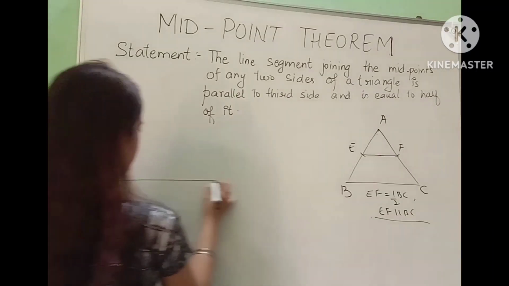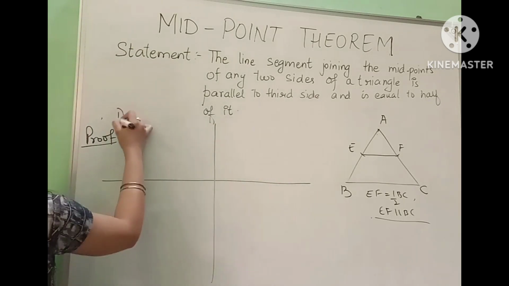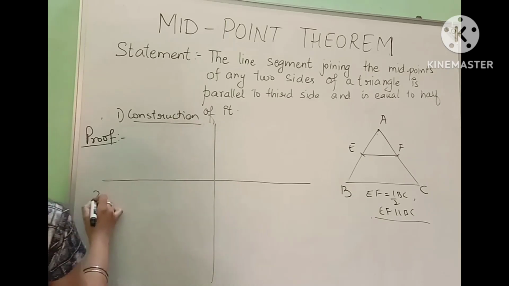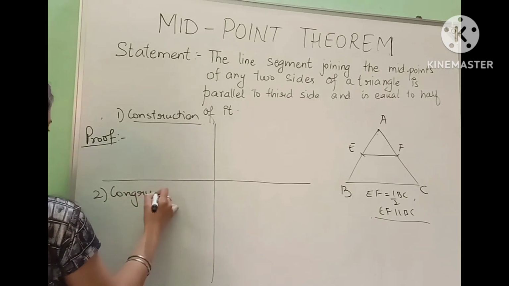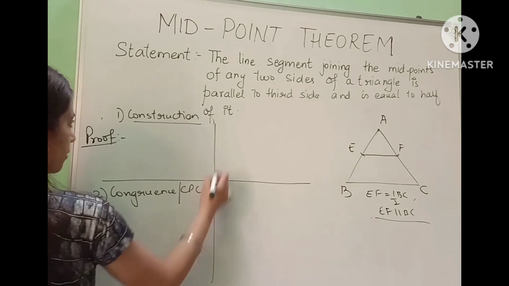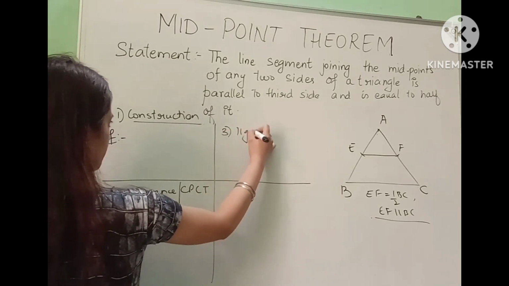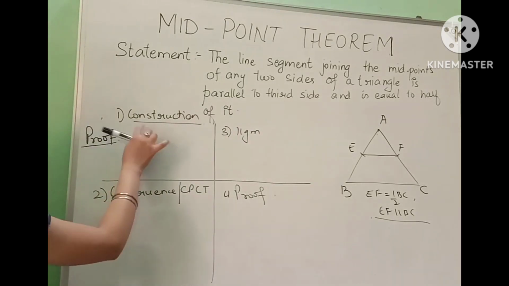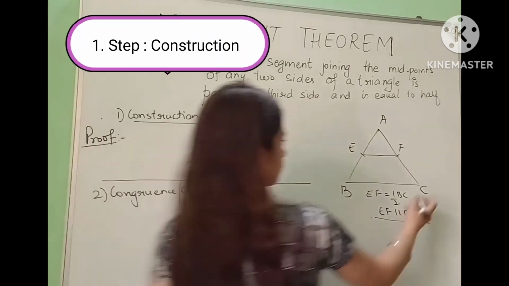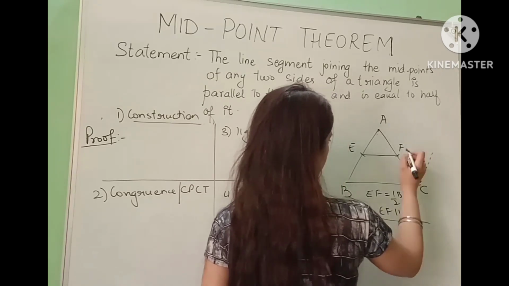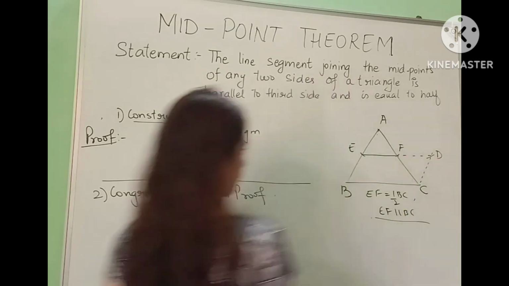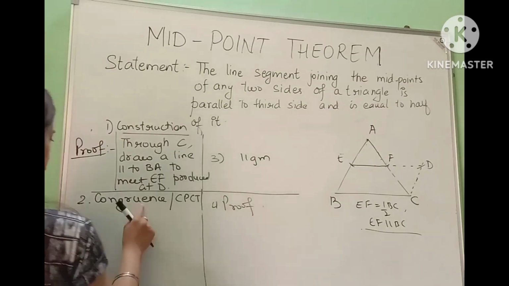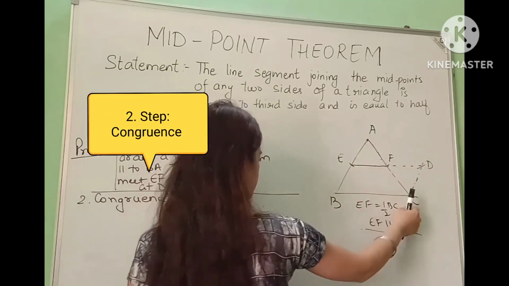To understand it better, I have divided the whole proof into 4 equal parts. First step is construction. You should know what construction is needed to make the proof. Then we need to prove the congruence, and after the congruence the process is CPCT. After congruence and CPCT we will prove the figure is a parallelogram, and after that just the proof is left. So construction is important here. We need to construct a line parallel to BE from C and join it to F at D. It's a very important process to prove the triangles congruent. You should know which triangles you need to prove congruent.